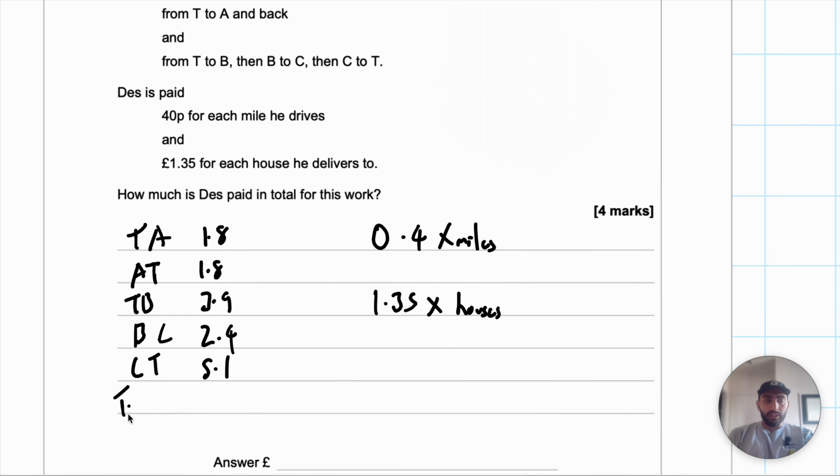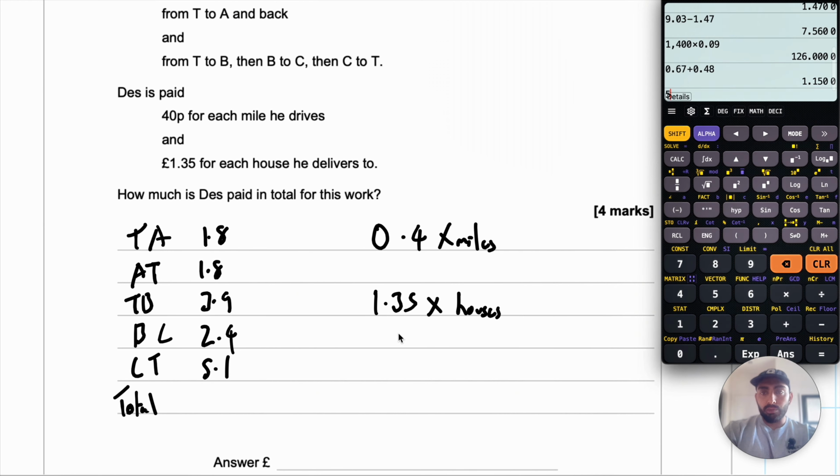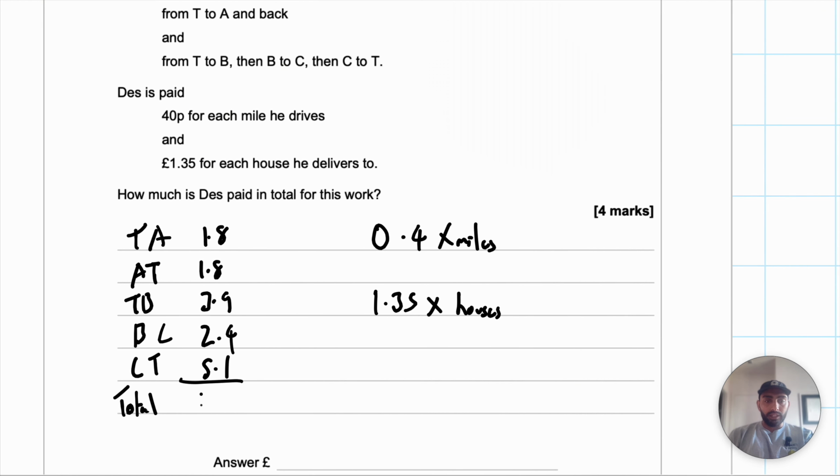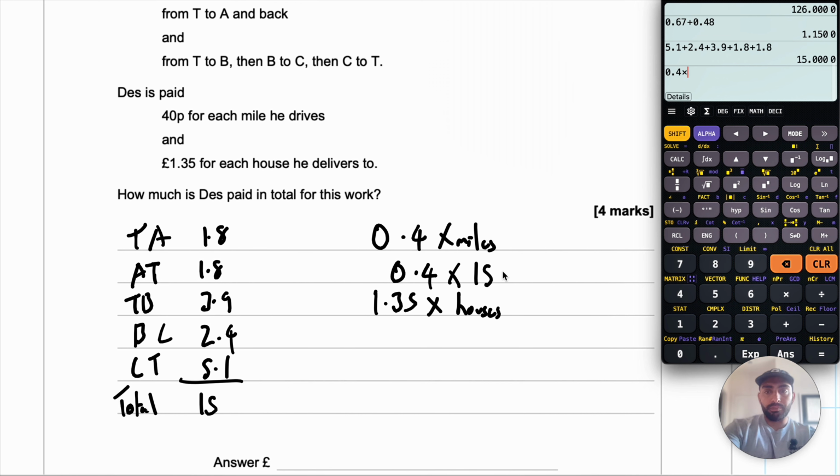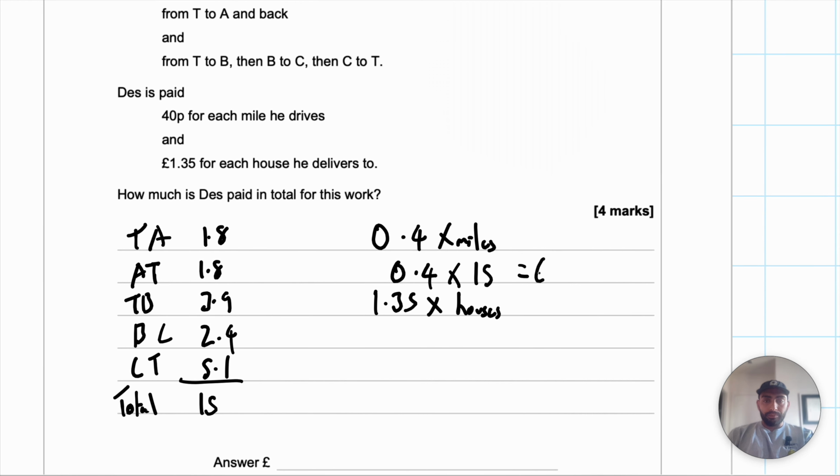Just need to add up all of these. So our total is 5.1 add 2.4 add 3.9 add 1.8 add 1.8, and that gives us a total of 15. So altogether Des is driving 15 miles. So we're doing 0.4 multiplied by 15, which is 6. So that means he's getting paid £6 for the amount of miles,